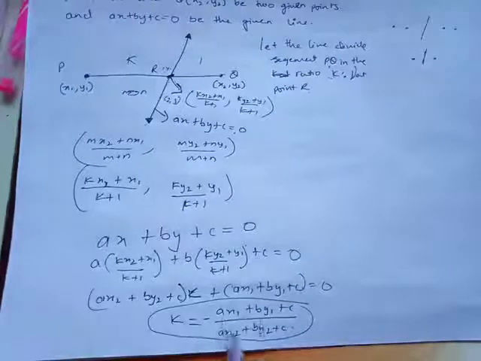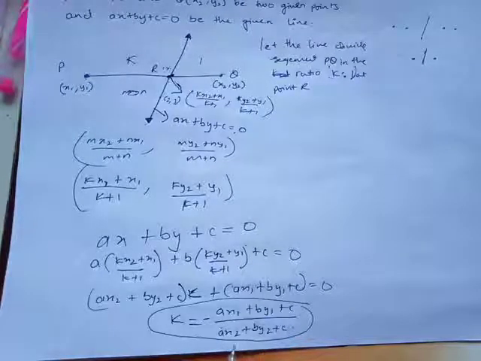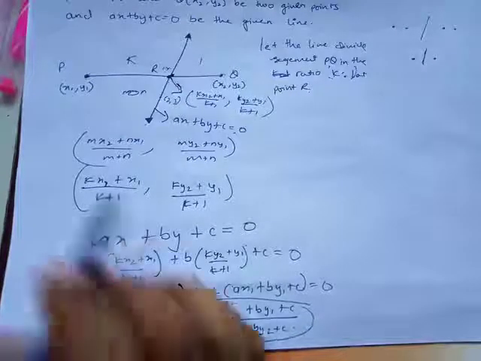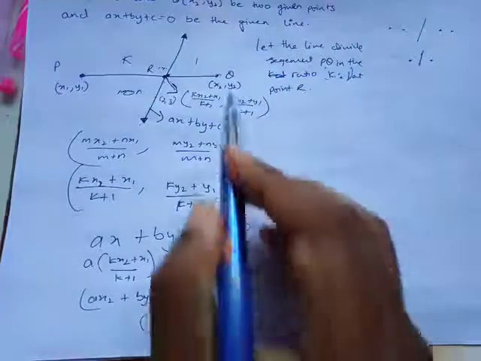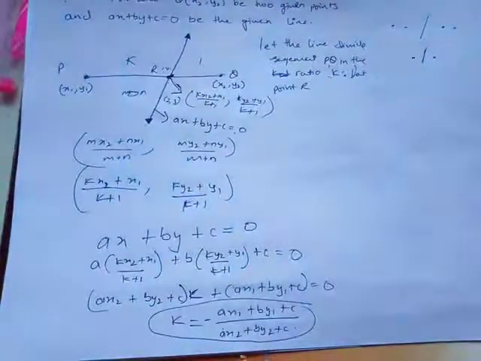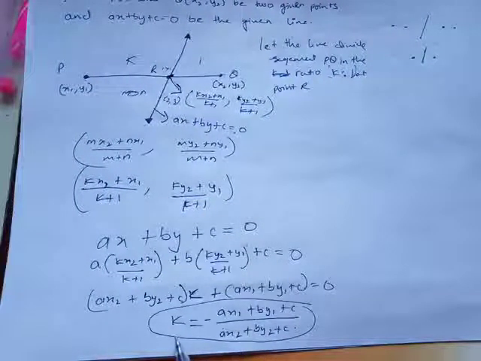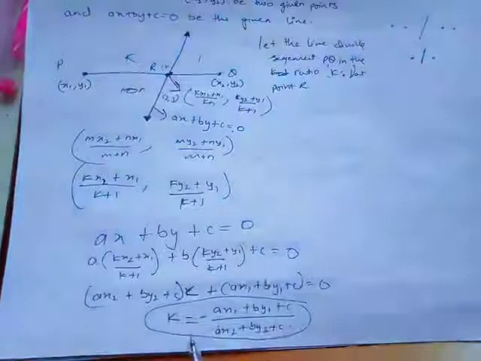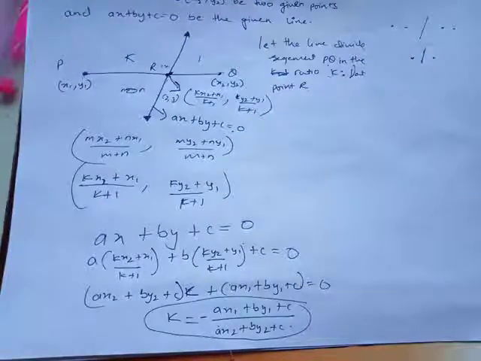Okay, so a b and a b, the same equation will come, only x1 and y1 is going to be over here and x2 and y2 is going to be over here. If they are telling you to find the value of k or the ratio, because the ratio is divided as k ratio 1, so if they are asking to find the value of k, this is the formula you have to put. I hope you guys are getting it. Now